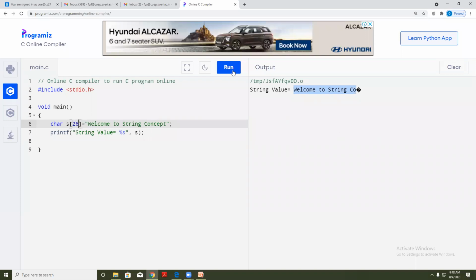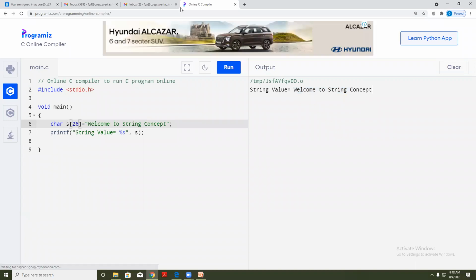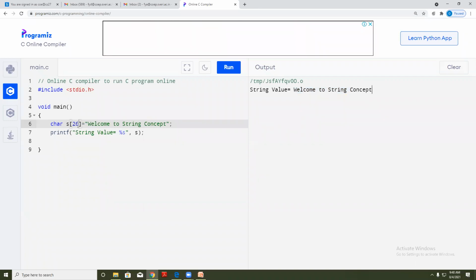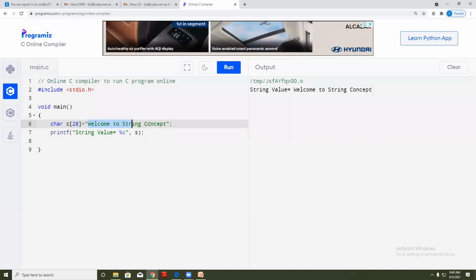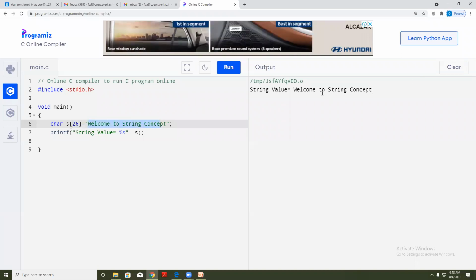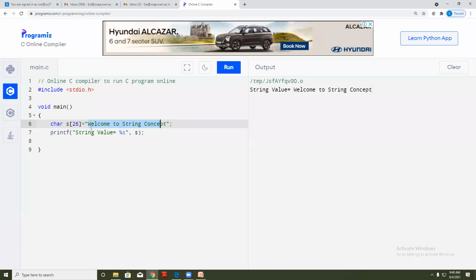Let's say 26. When I run the program again, okay, समजतंय का तुम्हाला? Yes, sir. See, जितकी मी लिमिट देईन इथे व्हॅल्यू साठी, only that many characters are going to be displayed. If I give only 5 as the limit, and I have a string of length, let's say 20, only 5 characters are going to be displayed in the output. So you need to take this value very correctly.